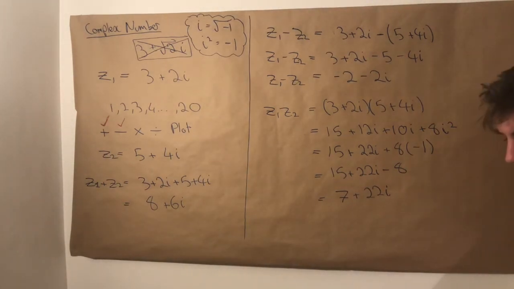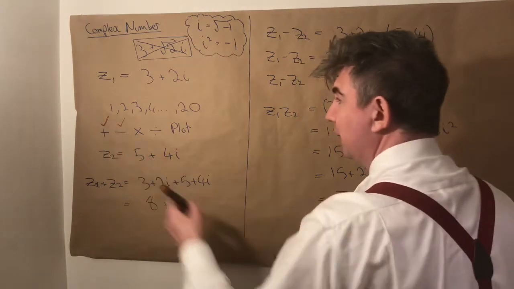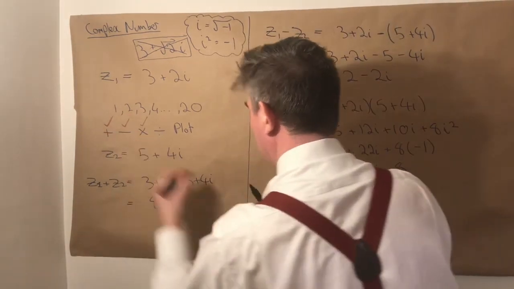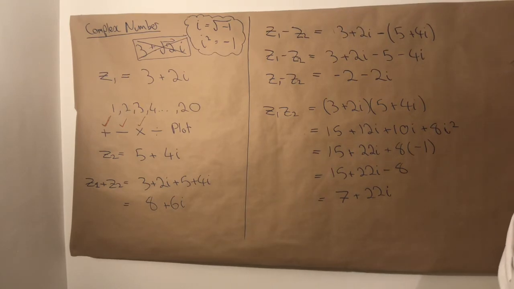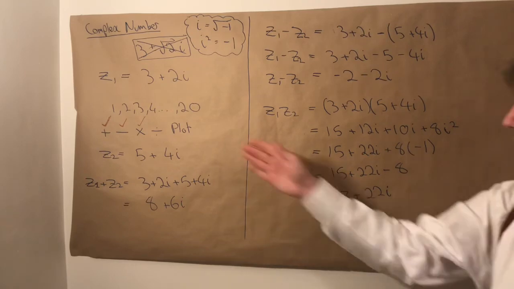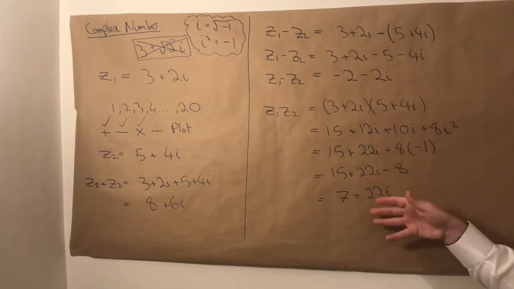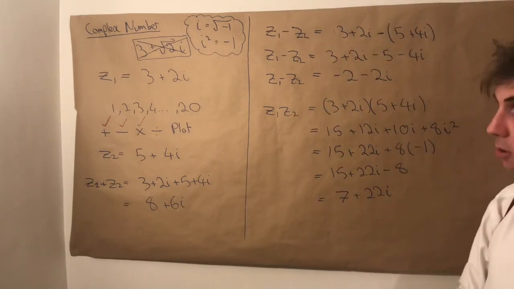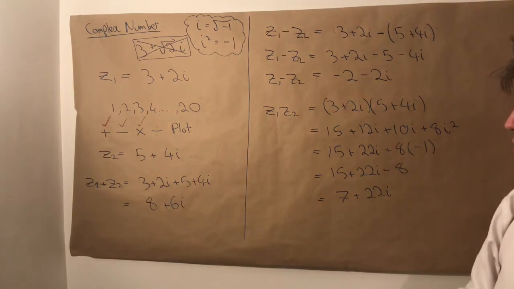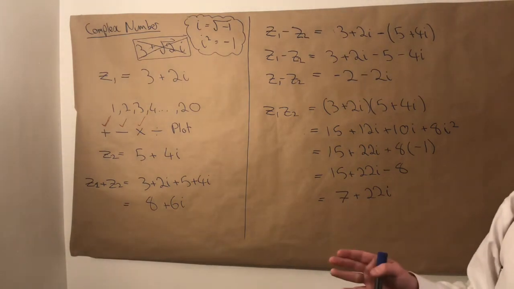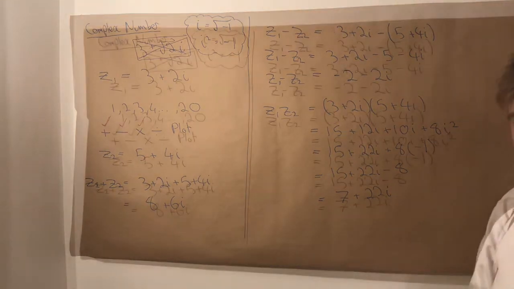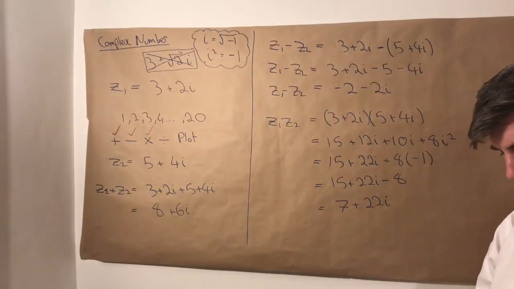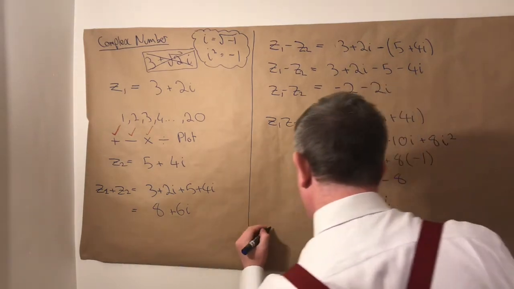So we've looked at adding, subtracting, and we've now done multiplication. I'm probably going to leave division and plotting until the next day. So I'm now going to park it there. You've seen an example of how to add, subtract and multiply, and you have a fair idea where complex numbers come from. So I'm now going to look in the textbook for some exercises for you guys to do. And we can now answer page 191,